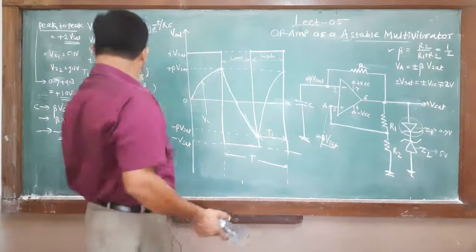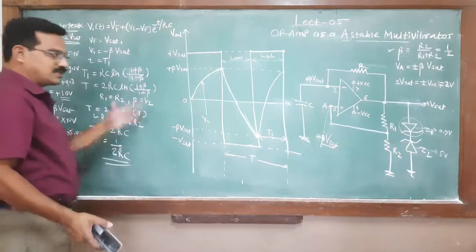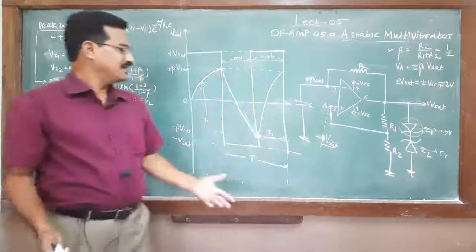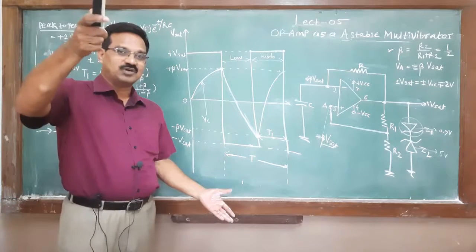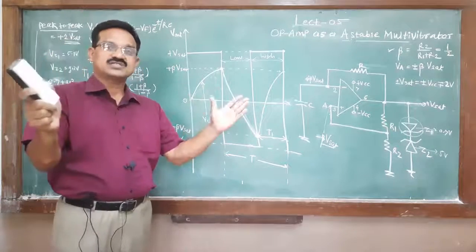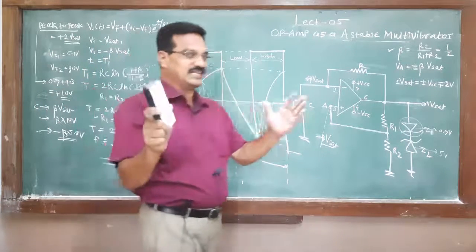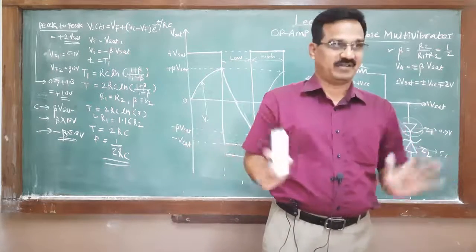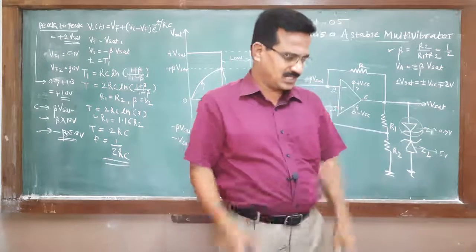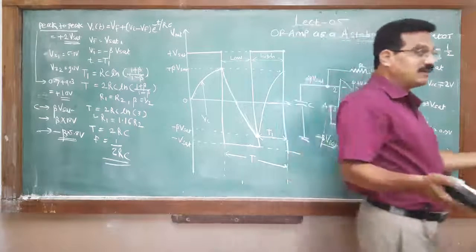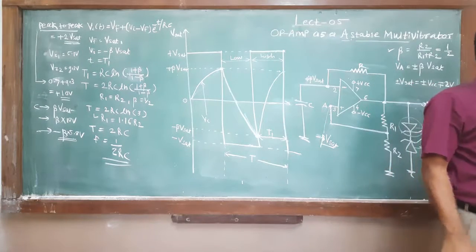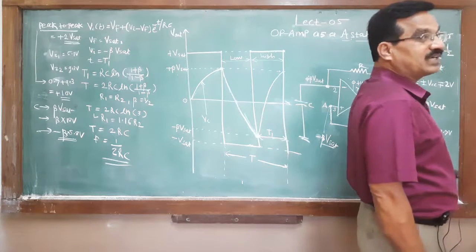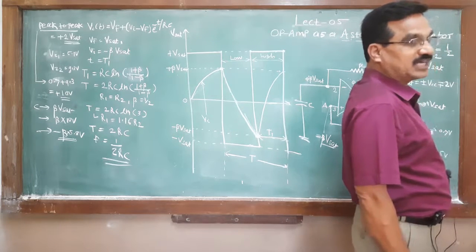You remember that positive saturation and negative saturation are different. For one, the capacitor charges up to this point. For the second, the capacitor charges to another point, and that's why the charging and discharging levels are different. We cannot get a symmetrical square wave; an asymmetrical square wave is obtained. If the question asks how will you obtain an asymmetrical square wave, the reason is to use two Zener diodes of different breakdown voltages.